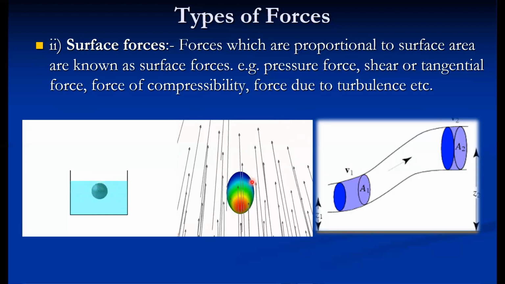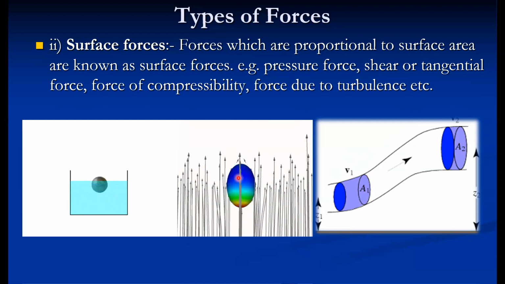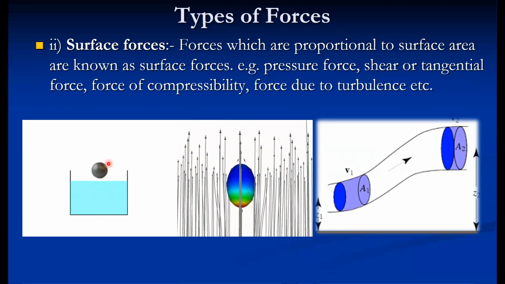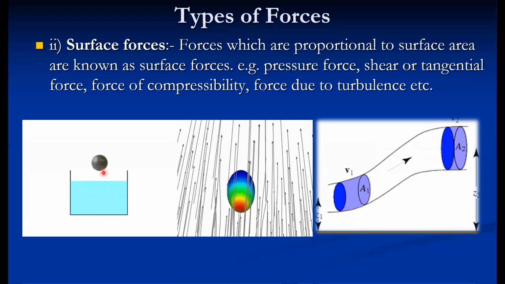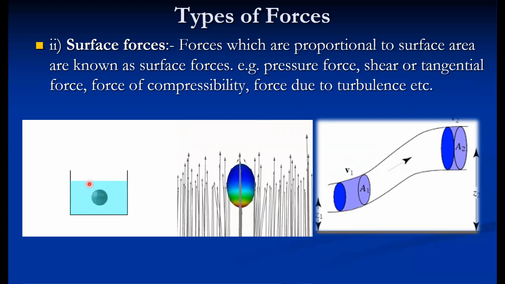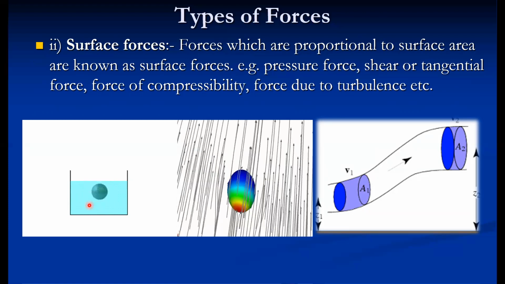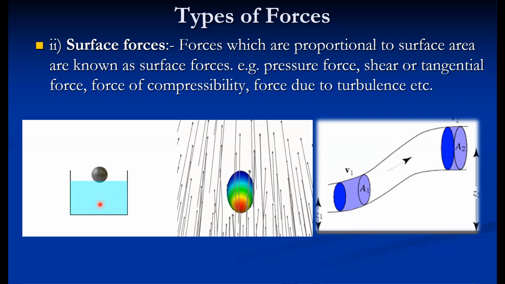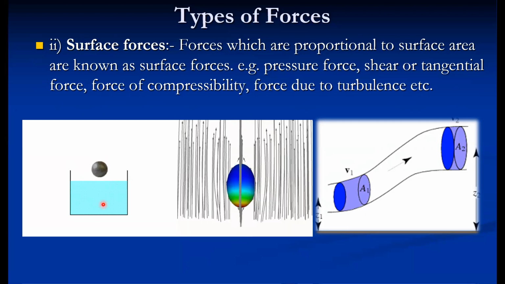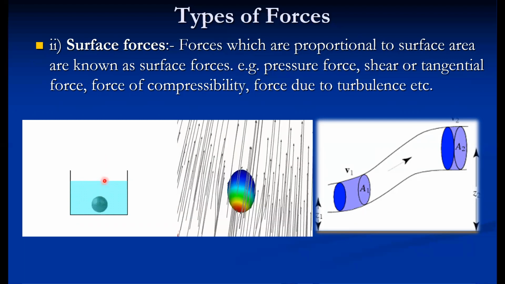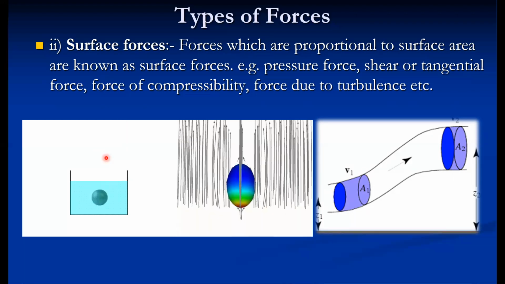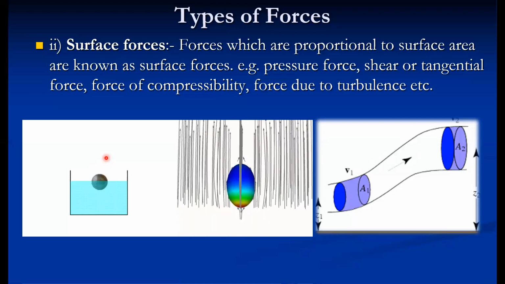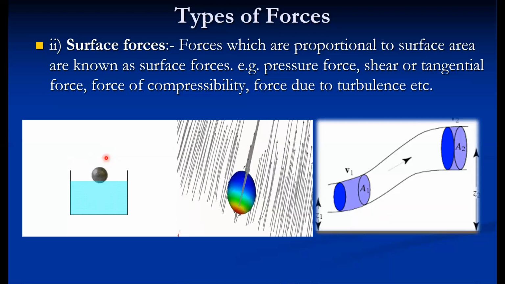So circumference area, the area which comes in contact with the fluid, that is considered for shear forces. Suppose a ball is falling in this particular liquid, its speed of falling mainly depends on the viscosity of the fluid. If the fluid is very thin, then the ball moves at a faster rate. If it is thick, its velocity decreases, because the viscosity force resists the motion of this ball. This is a force due to viscosity, or it is called a viscous force or shear force or tangential force. We also call it a frictional force.